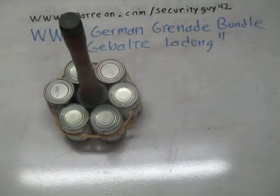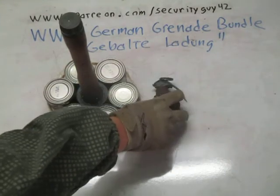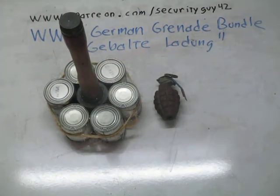Now, some people have asked why the Germans went with the stick grenade during World War II when everyone else was using the smaller, more compact ones that could be pulled out of a pouch or a bag and thrown easily. Examples would be this U.S. pineapple grenade, or the British Mills bomb, or the Russian, I think at the beginning of the war, an F1 or something like that,